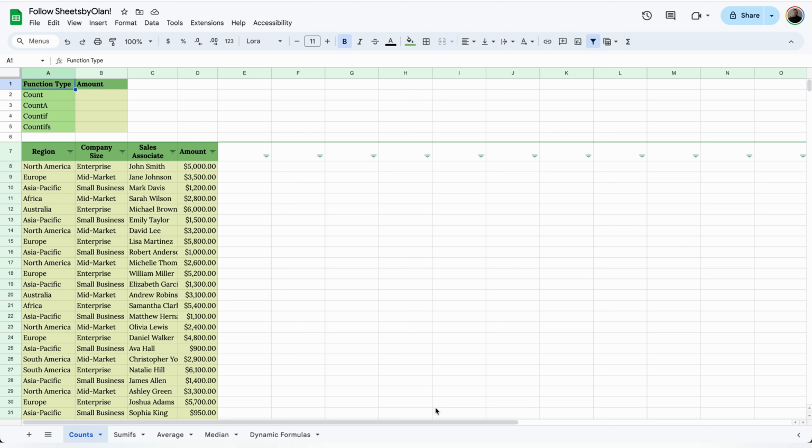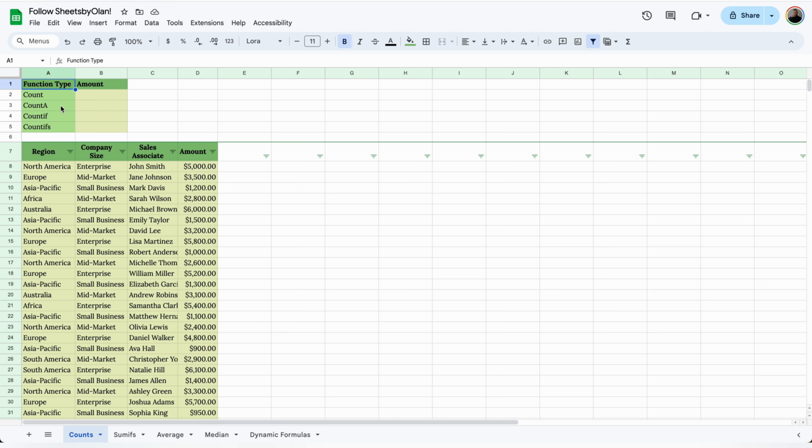The word aggregate scares a lot of people, but really it's just basic math. So when people talk about aggregate formulas, all they're talking about are formulas that will count for you. They'll find the sum for you, the average or the median, or maybe the minimum or maximum. And at a core, this is what using spreadsheets is all about, so that way it does all the math